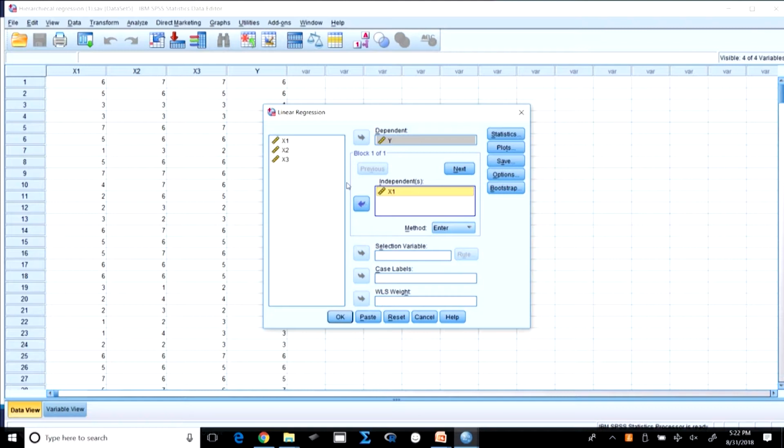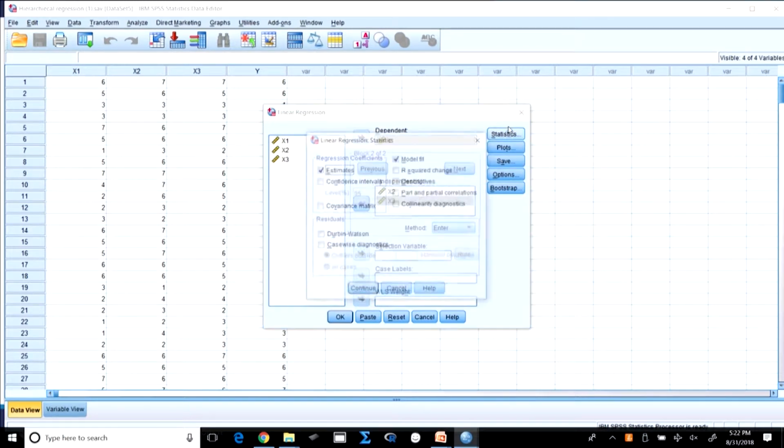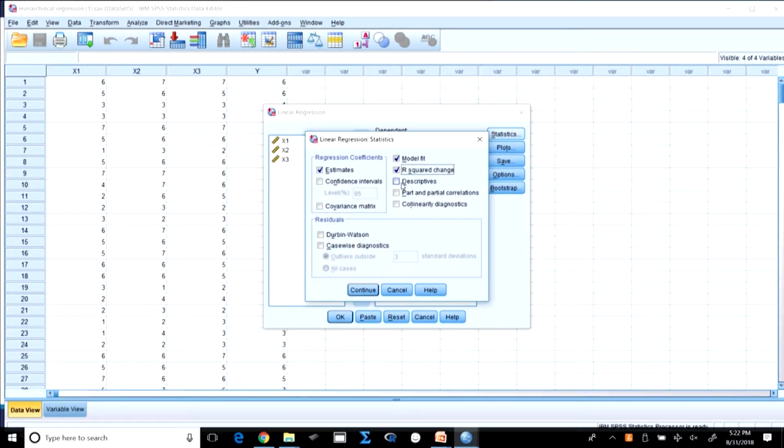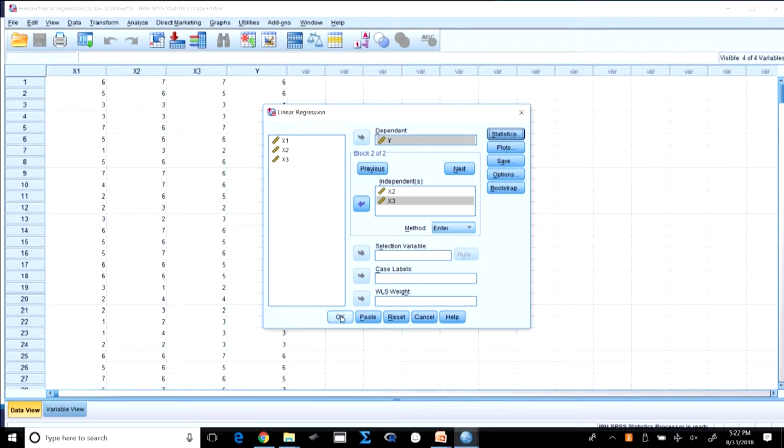First I am taking the independent variable x1 here and then I say Next, and I go to x2 and x3 and consider this to be the next block. So, how many blocks are there now? 2 blocks, although there are 3 variables. You could have made 3 blocks also if your logic permits, but then you have to decide the order. Now, going to Statistics, I want the R square change because this will tell me the contribution, the descriptives, the partial correlation and the collinearity diagnostics to ensure that there is no multicollinearity problem.